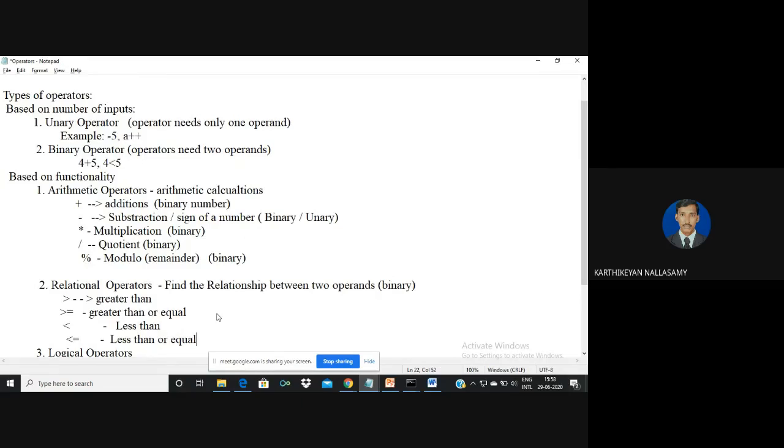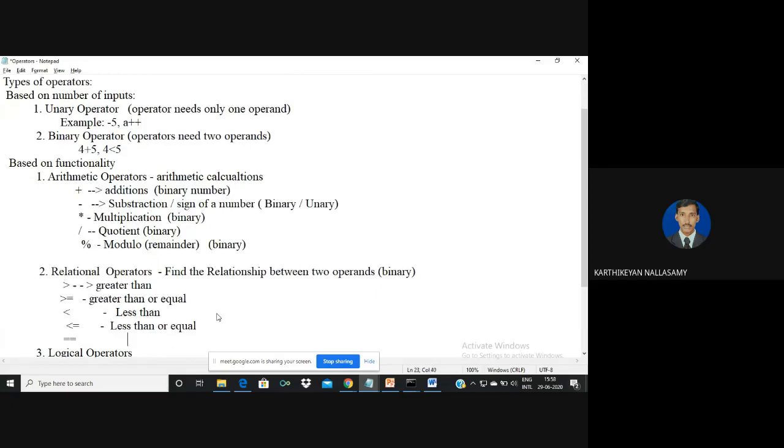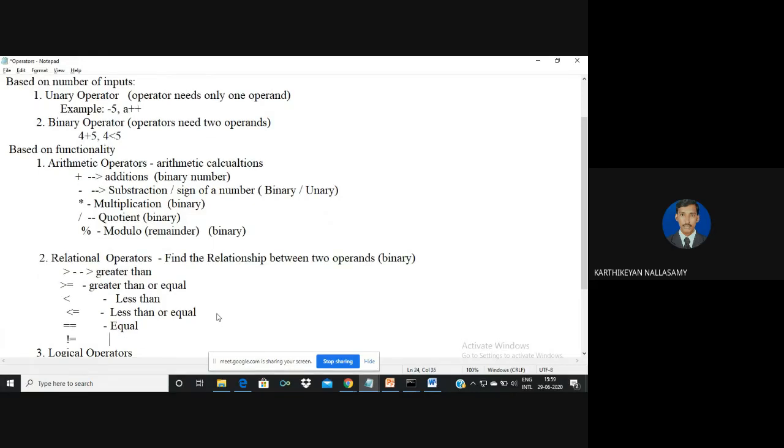Next one is double equal for checking whether two operands are the same or not. So that I'm going to use equal operator. Next one is not equal. So exclamation symbol and it indicates what? Not equal.